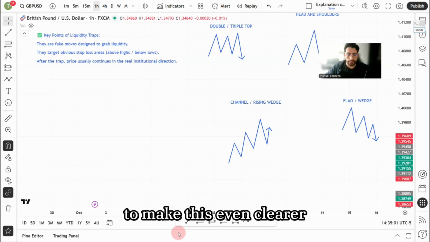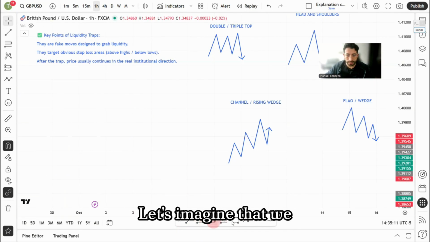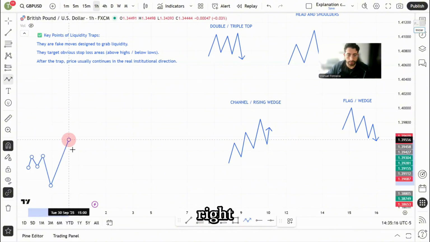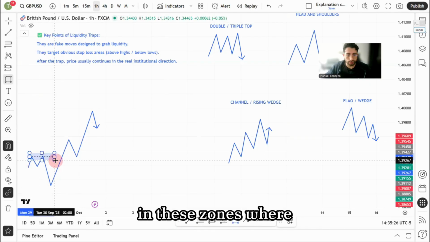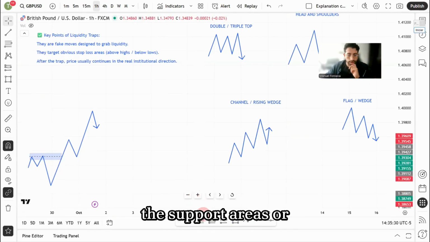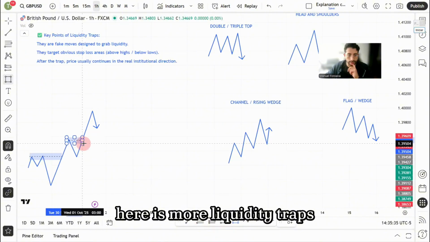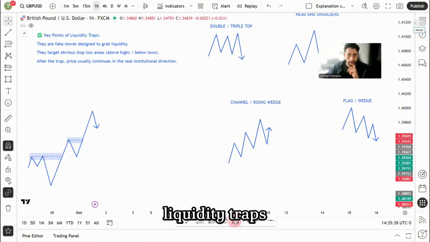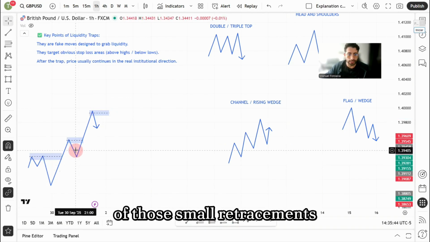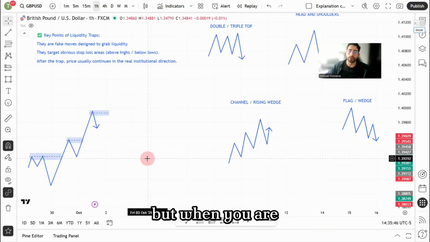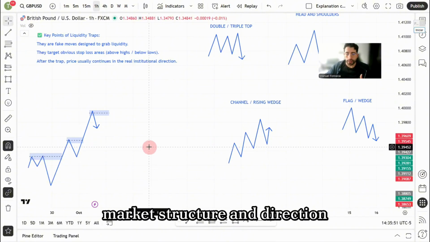Let's make a drawing to make this even clearer. Imagine that we are in a bullish trend, so pushing up, right? Where do the liquidity traps occur? Here, for example, in these zones, the support or resistance areas. Here are more liquidity traps, and here you will see more liquidity traps. It doesn't mean that you cannot take advantage of those small retracements. You can actually do it, but when you are more advanced and have more understanding of the market structure and